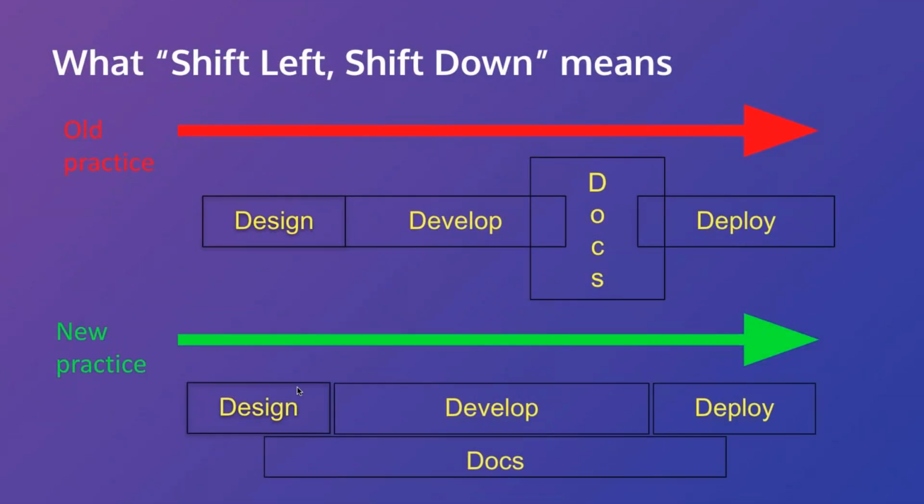Okay, so referring back to the old diagram I did before, we had documentation squeezed in between development and deployment. This way, the new practice, we are shifting documentation left, earlier on, and we're shifting it down underneath, into the continuous process, continuous integration, continuous delivery. So the idea is documentation gets involved at the start, it keeps on going incrementally throughout the development process, and we get it done earlier, but it also gets done by different people rather than specific technical writers.